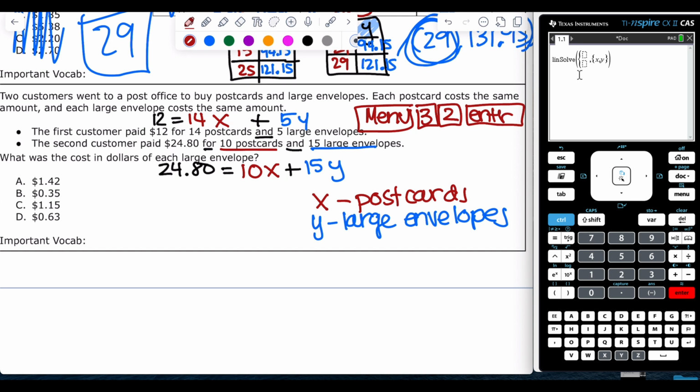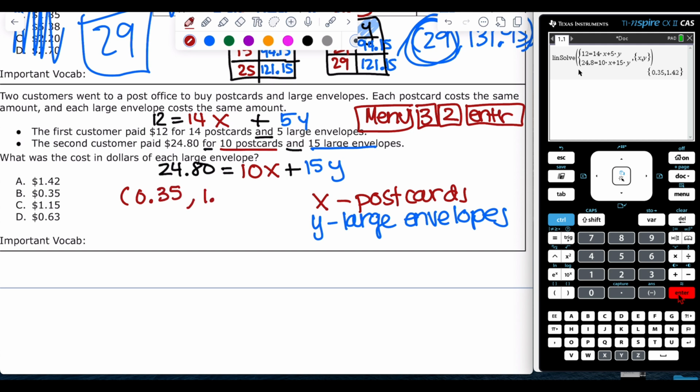So I'm going to write 12 equals 14x plus 5y, and I'm going to press down to go to the next equation. 24.80 equals 10x plus 15y, enter, and that gives me